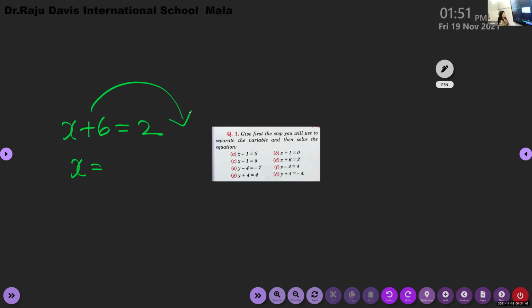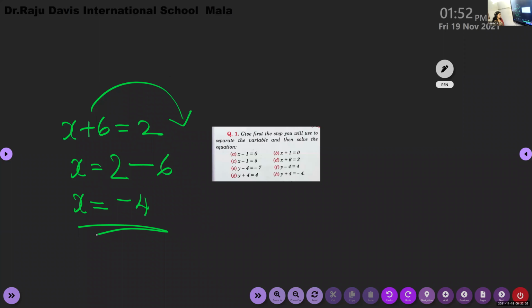So Yahan, tell me what to do with this. x plus 6 is equal to 2. We are transposing 6 to the other side, no? So what will be on the right side? 2 minus 6. Put negative 6 here. 6 won't come first because 2 is already there. From 2, you have to subtract 6. Negative 4. So the answer is minus 4.